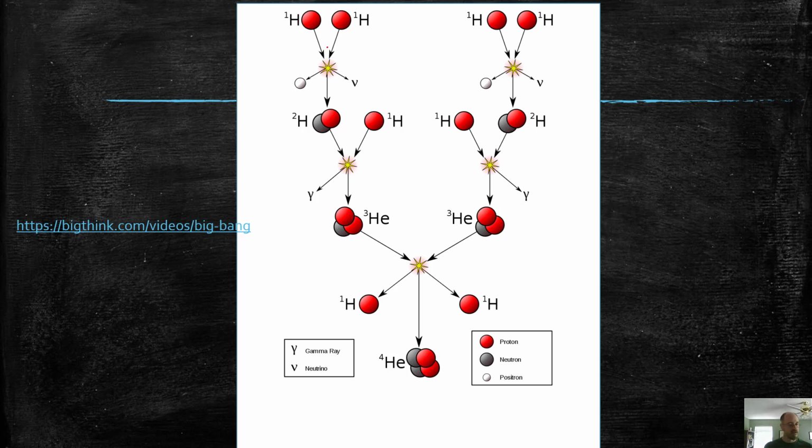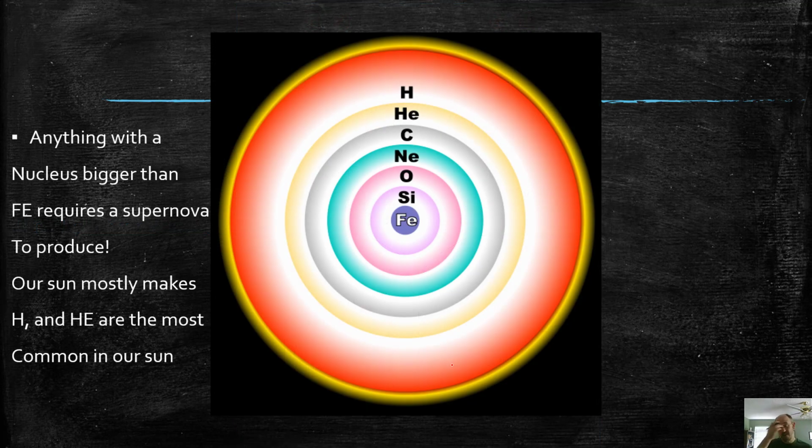But in the core of a star where there's a lot of gravity, we can take several hydrogens, and then under the massive weight of gravity, they interact with each other, and subatomic particles are created, and we form things like helium. And then if you have a really dense star, helium can get squished together in the dense core of that star and form other elements. So if we look at an example of this, in stars like our sun, we get a lot of hydrogen and helium, maybe a few other things, but hydrogen and helium is the really common stuff, right? But we can form carbon inside of stars, neon, oxygen, so on and so forth.